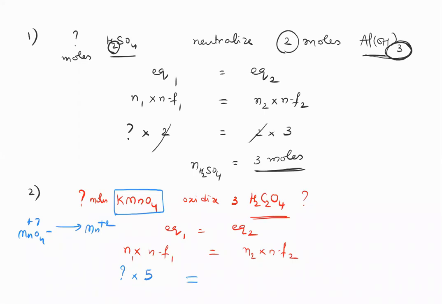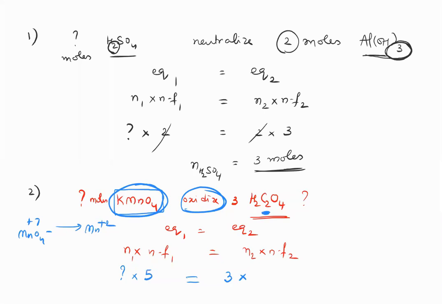Next, number of moles of oxalic acid given is 3 into its N factor. Now here's the important thing: you might have to guess the N factor sometimes based on what reaction is given to you. For example, in this case, you know KMnO4 is an oxidizing agent and it's oxidizing H2C2O4. In this substance, the thing which will get oxidized is carbon, because hydrogen is already at +1, its highest state. And to oxidize oxygen takes a lot of effort, because oxygen is the local gunda, I told you. Oxygen is very electronegative, so it's very difficult to oxidize it.